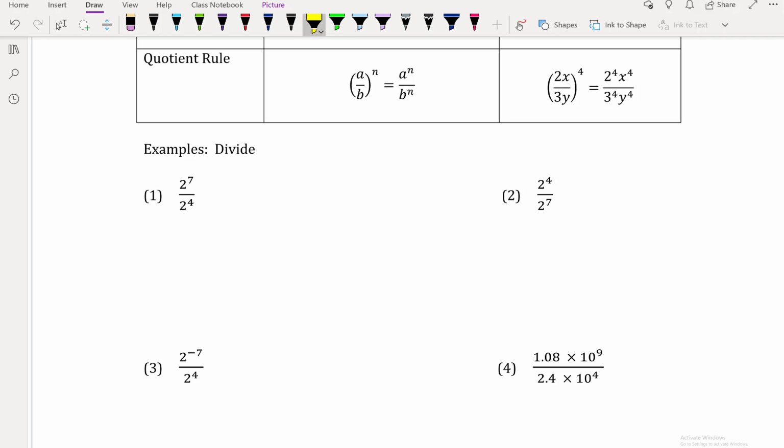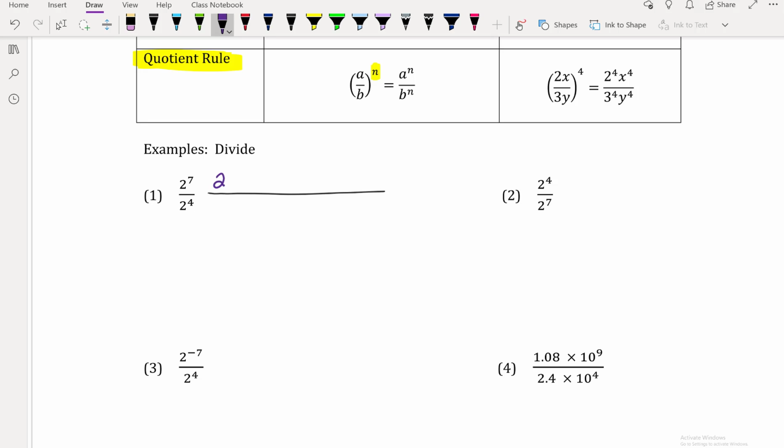So here what you can see is that we have the same base, which is going to be a 2. So since we have the same base, we're going to use this quotient rule. So this quotient rule tells us that we can distribute the n if we need to. The other thing that we add on to the quotient rule is that we can simplify it. So let's think about this